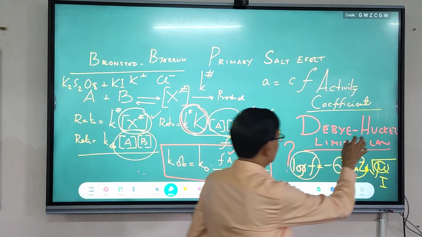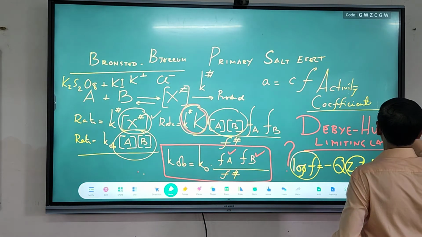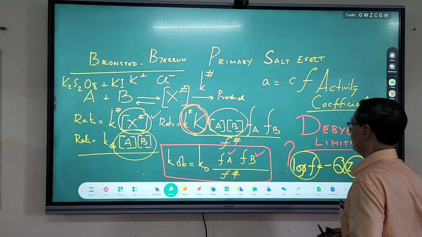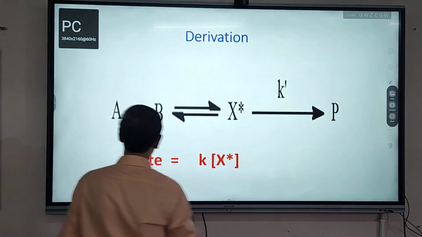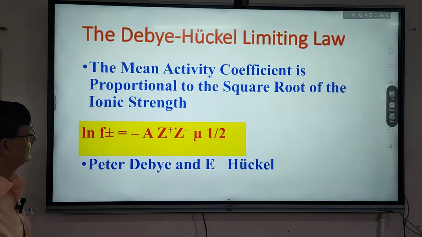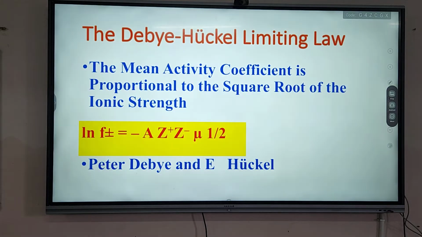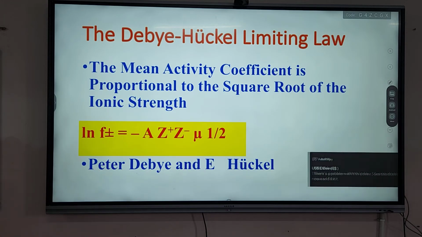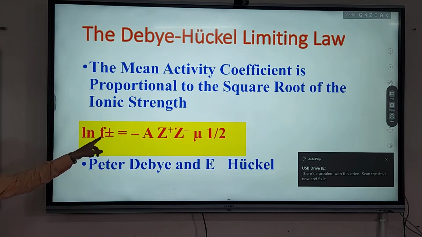So let me show you that great formula which is called the Debye-Hückel limiting law. Now this is a great formula proposed by Debye and Hückel, and this is log of activity coefficient,